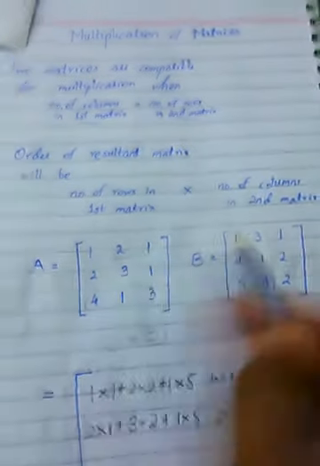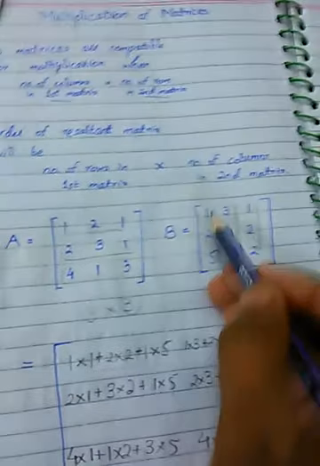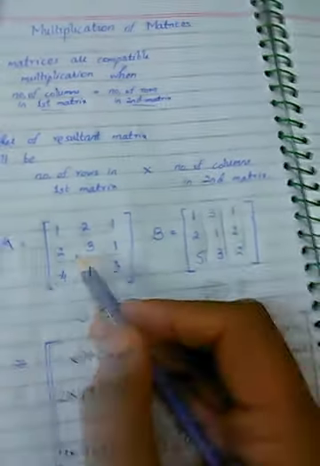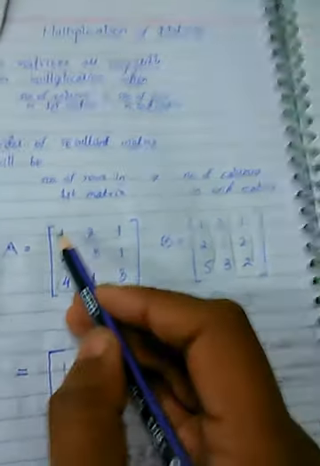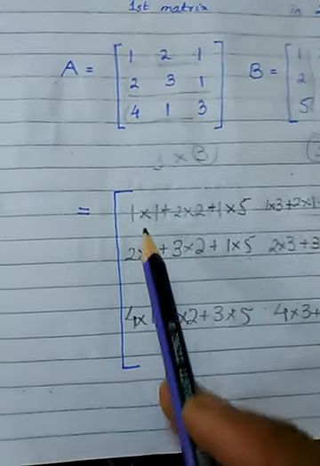First row, first column, first row, second column, first row, third column. Second row, first column, second row, second column, second row, third column. Third row, first column, third row, second column, third row, third column. And each element will get multiplied by its respective element. First element with first, second with second, third with third, and then we will add all of them